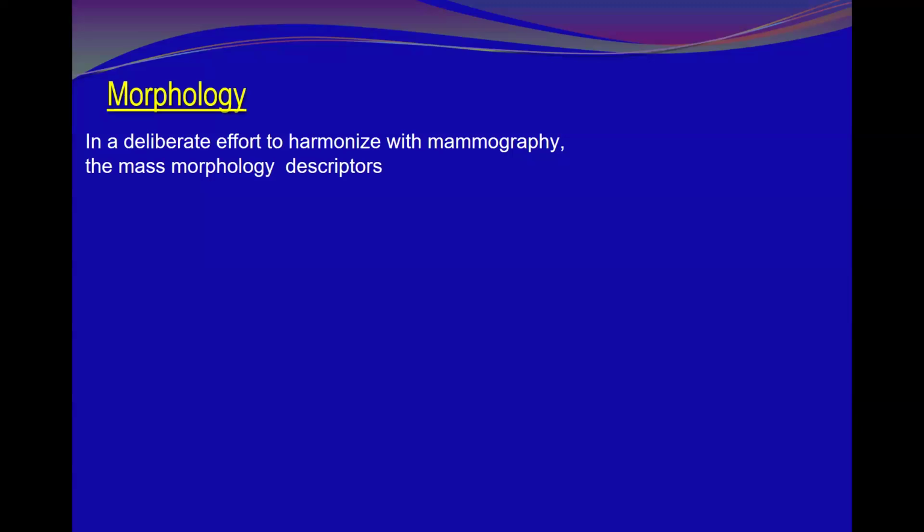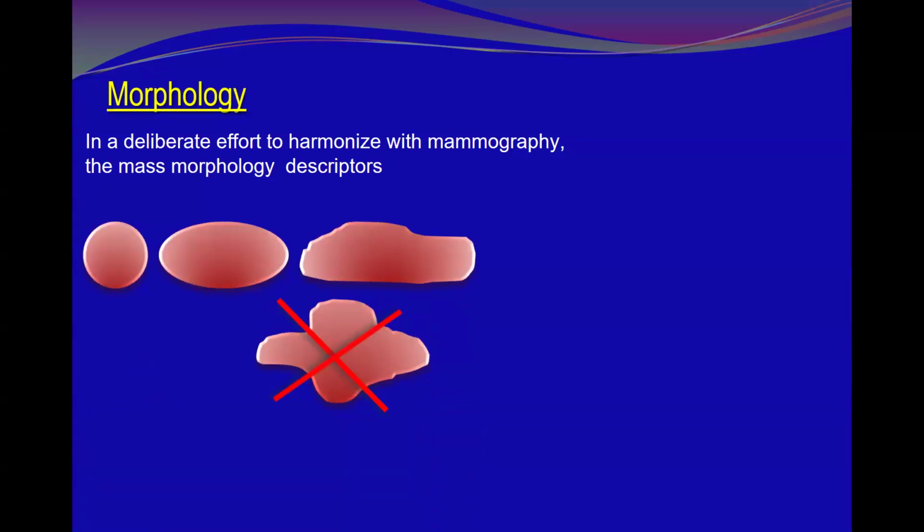In a deliberate effort to harmonize with mammography, here are the mass morphologic descriptors. Regarding the shape, we have regular shape, which is circular or round, and oval, and we no longer use lobular. On the other hand, there is the irregular shape. Sorry, the oval, this is the irregular. The oval also